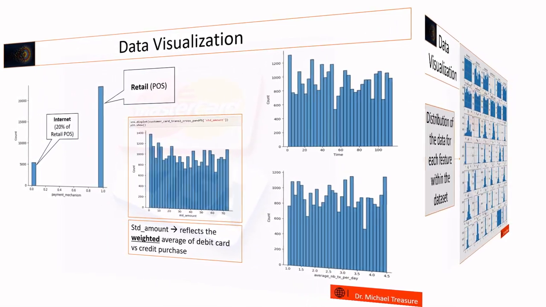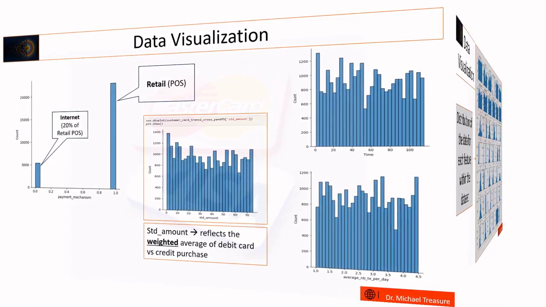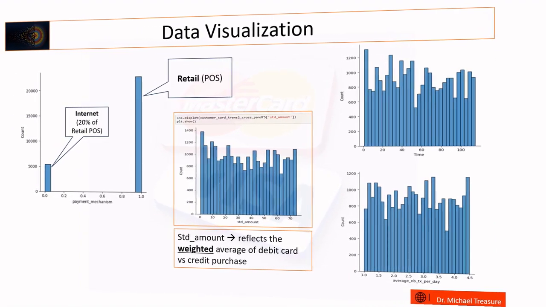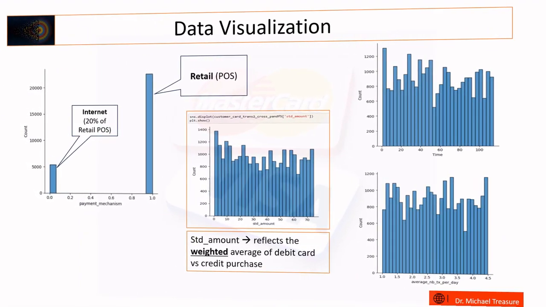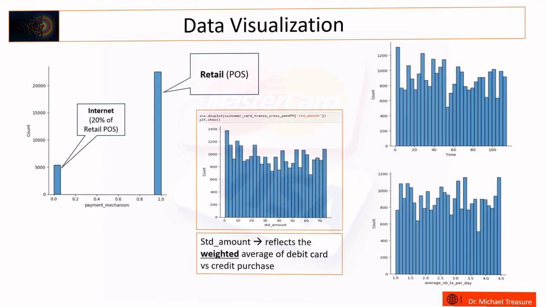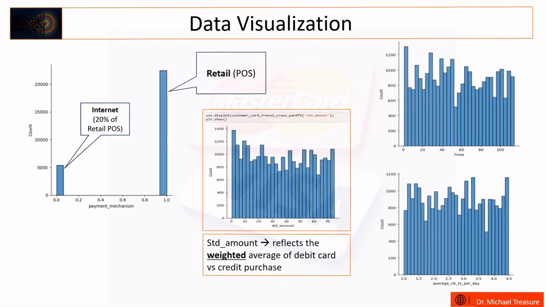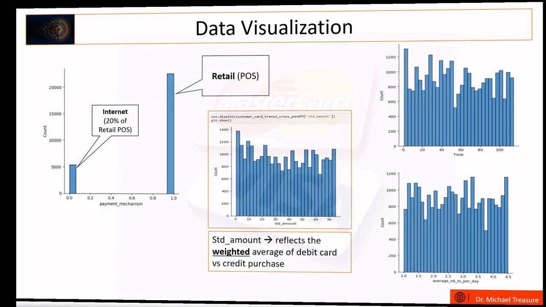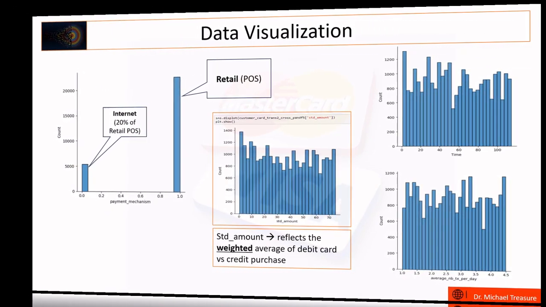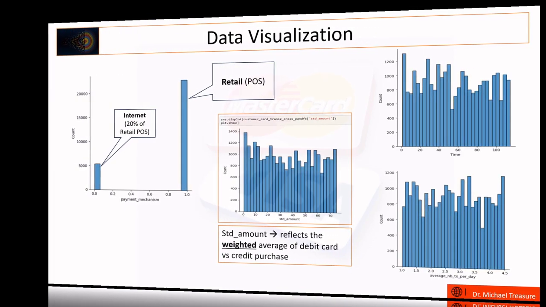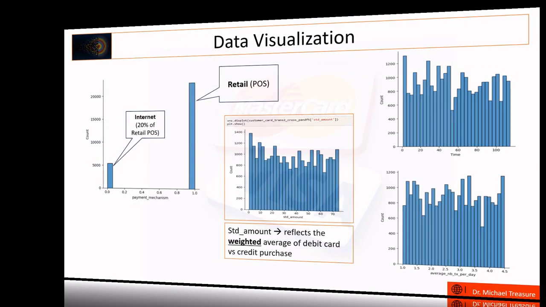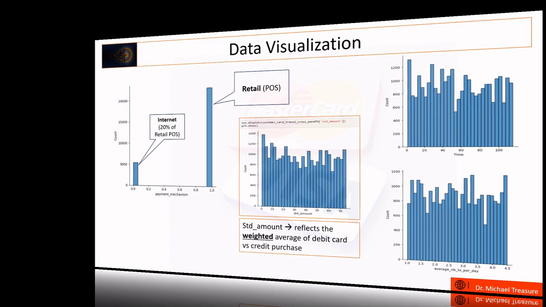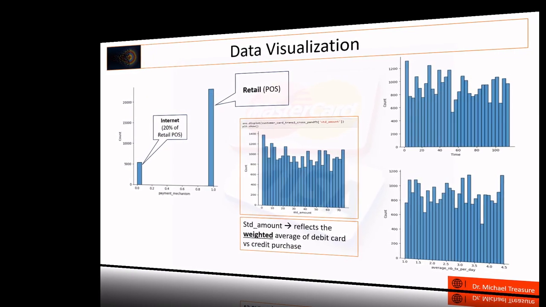The standard amount is a weighted average between debit card and credit card transactions based on the Google Bard information of average transaction per customer per month equal 137, of which 110 are debit cards and 27 are credit cards. Finally, it's worth noting that the average purchase amount per customer with debit is $64 and for credit card is $116. The combination of those two gives us the weighted average, which is used to help us with deriving the standard amount.